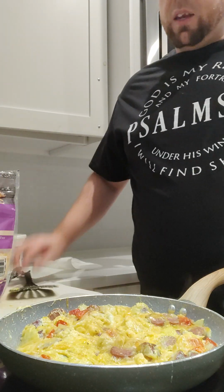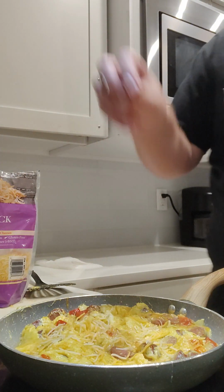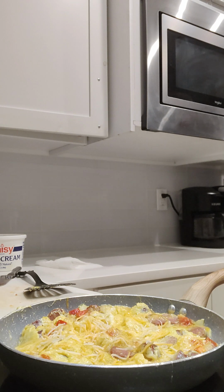Perfect. And then you can add a little more cheese at this point, but I pretty much say you're good. We're good with the cheese, so we're going to put it away. It's easier to keep clean as you go, as opposed to cleaning up at the end. Nightmare. And then on this side,